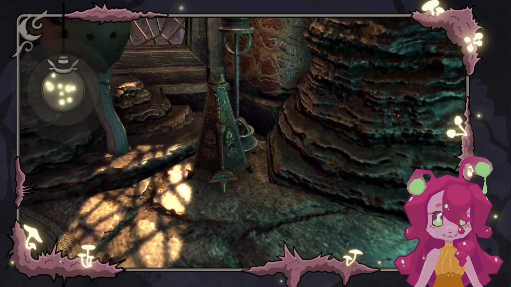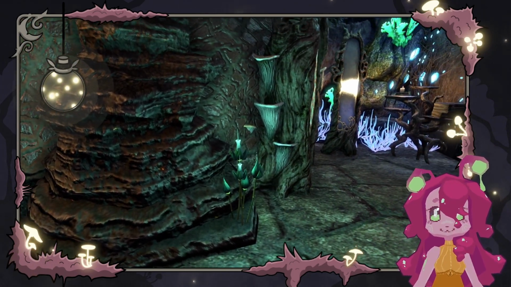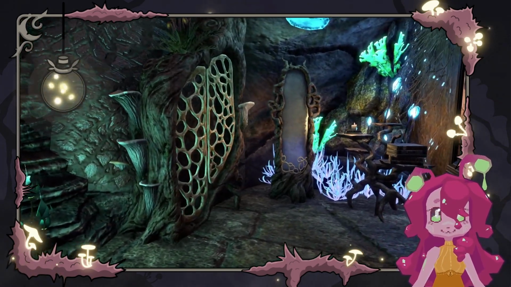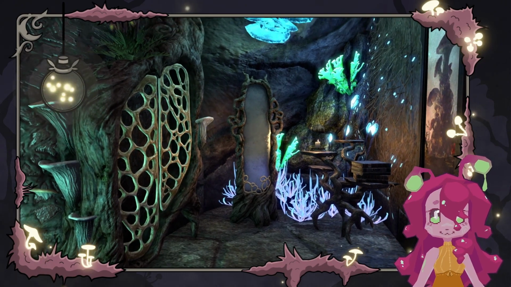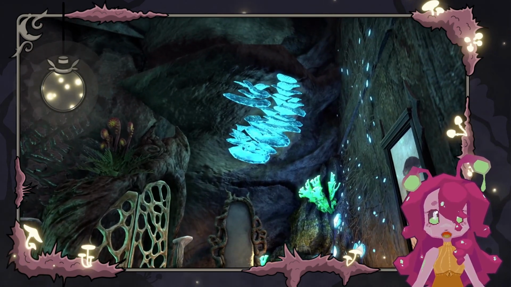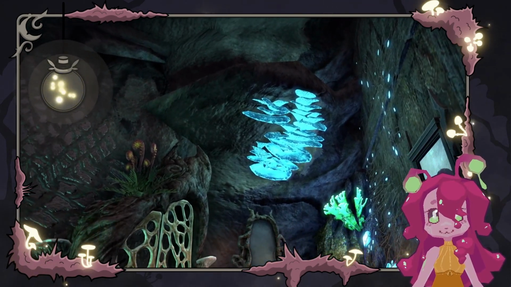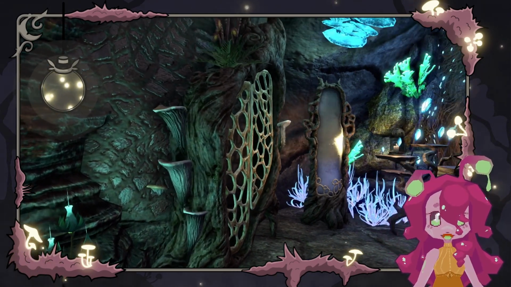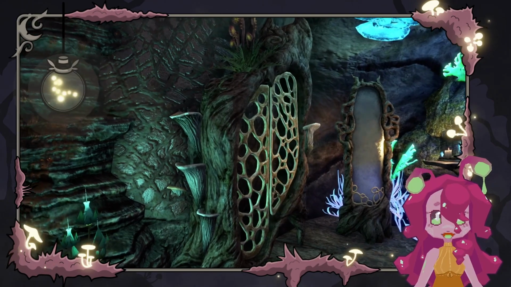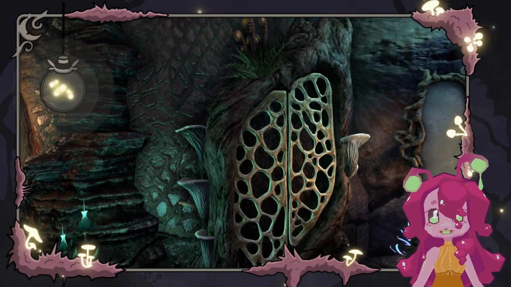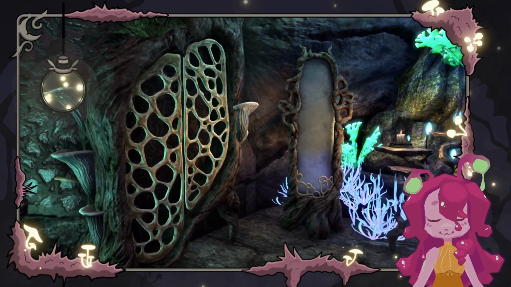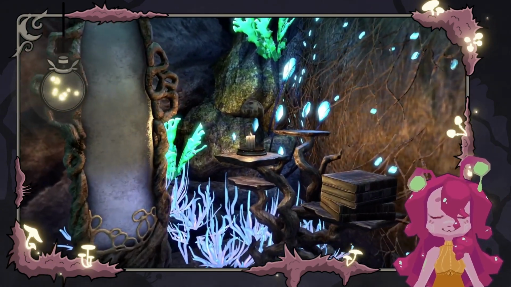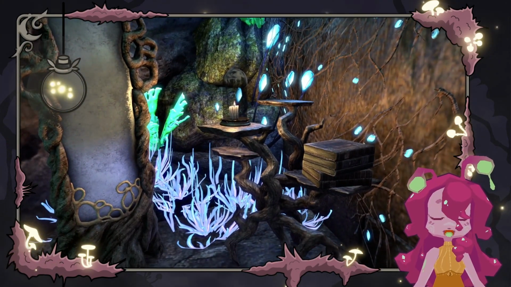Okay. Over here I have tried to make it as cave-like as possible. There's some more rocks embedded into the wall here. The Telvanni wardrobe is sort of embedded into the wall itself with plants growing off of it. We've got a Telvanni mirror and some books on the Telvanni shelf